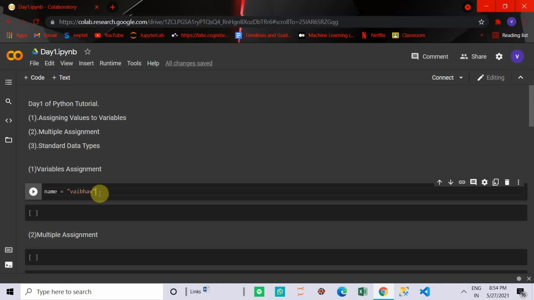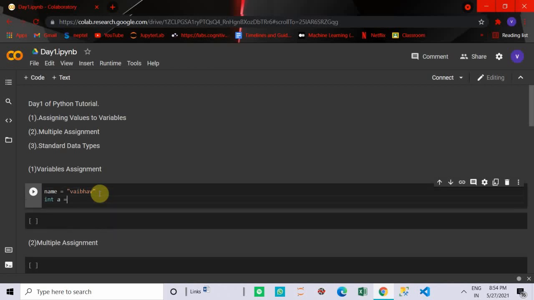Like in C or C++, we have to write int a equal to 10. Suppose we want to store 10, an integer value, in a variable like a, we have to predefine it as integer. In Python, we have to just use a equal to 10, nothing else. So a equal to 10 means the interpreter will interpret that a is a variable that is of integer data type.